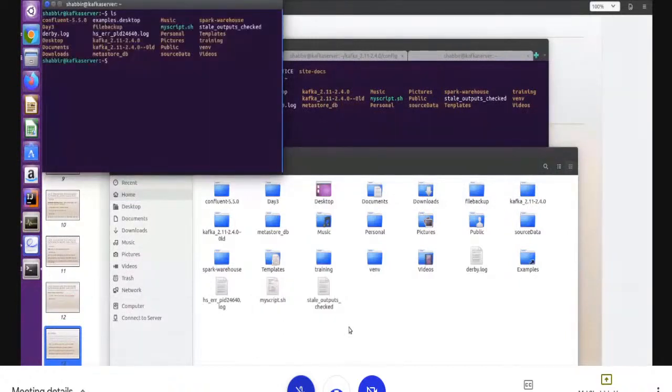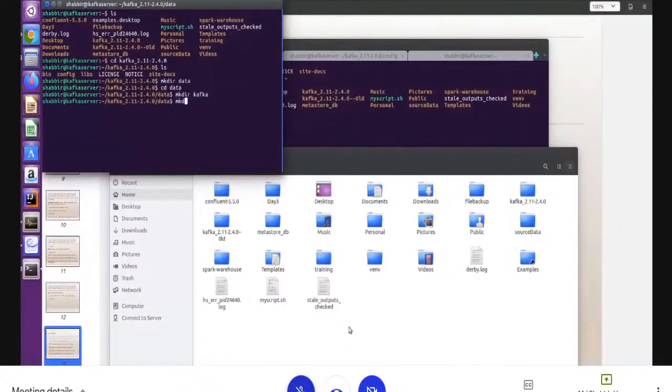Now we can see our Kafka is there, right? cd kafka. Now we will create a directory. Inside data we create a Kafka directory.